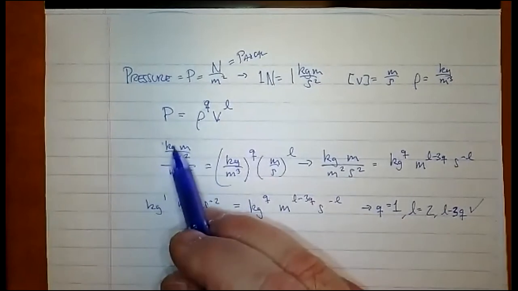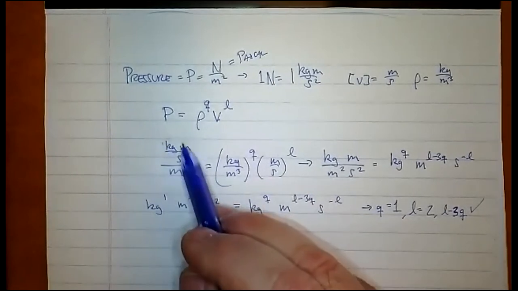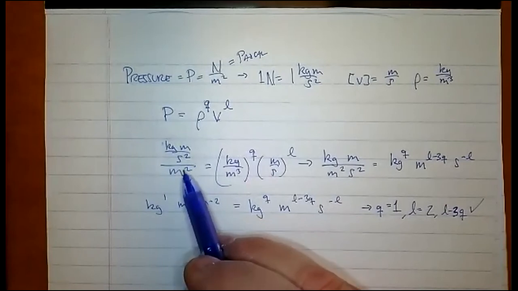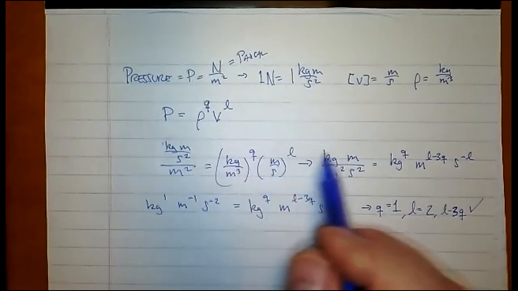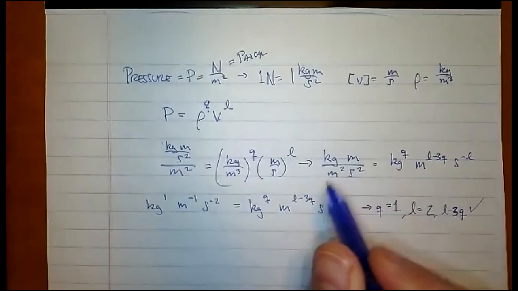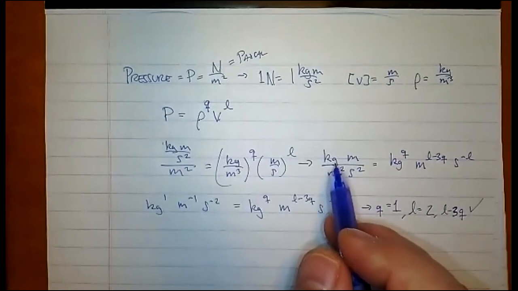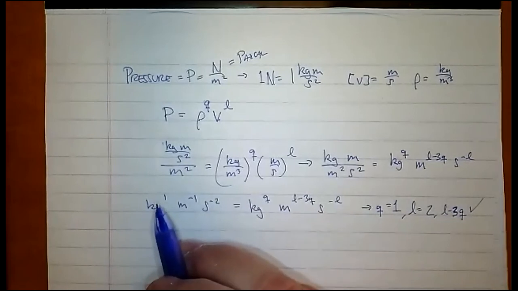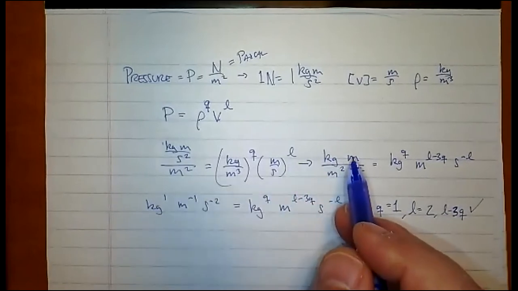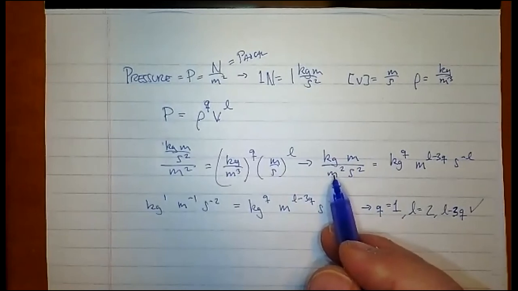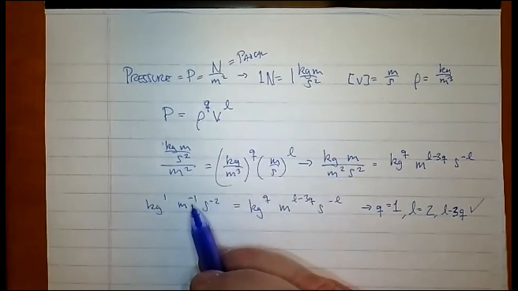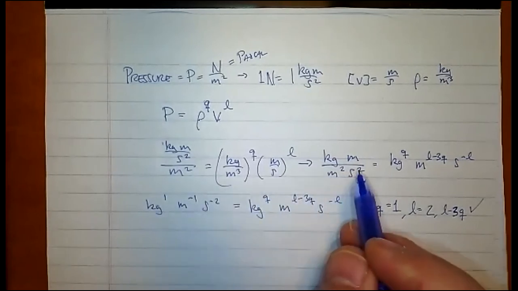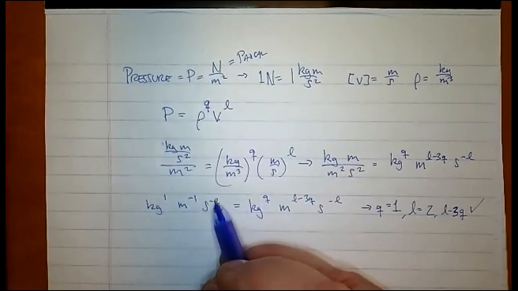Now I'm just doing algebra. I'm treating this like X, Y, Z squared, Q squared, and doing the arithmetic and algebra stuff. I found that the kilograms, meters over meter squared, second squared ends up becoming kilograms to the 1 power. Meters to the 1 divided by meters to the 2 is meters to the -1. And second squared in the bottom is seconds to the -2 power.